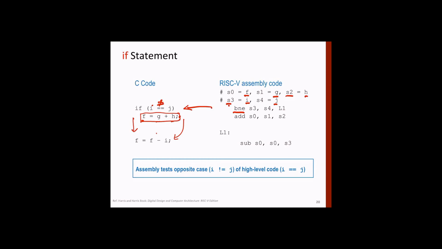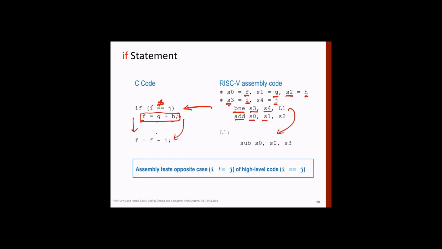So we say branch not equal, S3, S4, L1. It means that if S3 and S4 are not equal, then take this branch. Else do this statement.